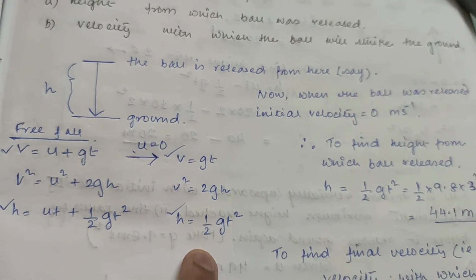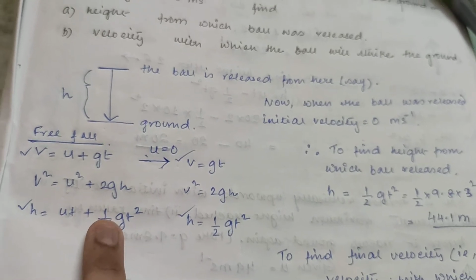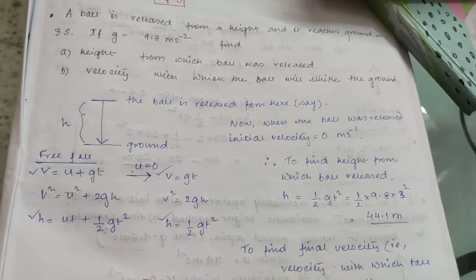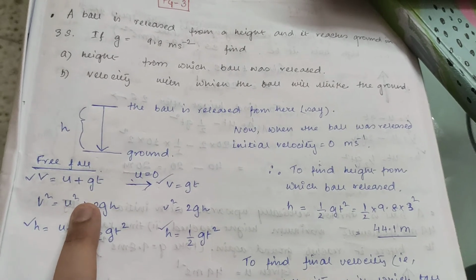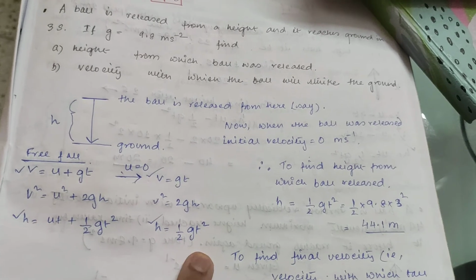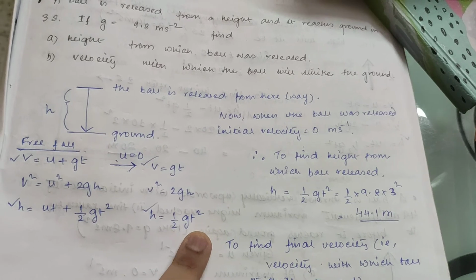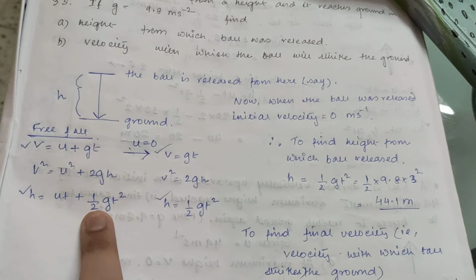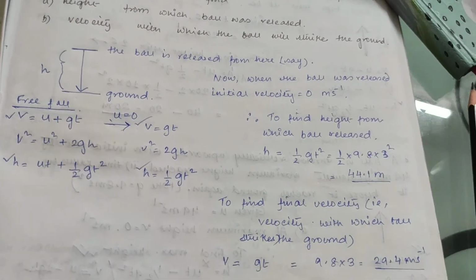Now if I have to find the height, which equation shall I use? This one, because I have to find the height as well as the velocity. We don't know V, so how can I use the other form? Let's find H from here, because you know u is 0, H is equal to half gt square. G is given, t is given. Now how will I find velocity? With this one. Why? Because after you have found H, you can find it with this one also, or you can find it with this one.